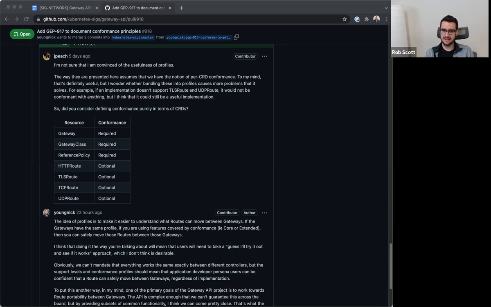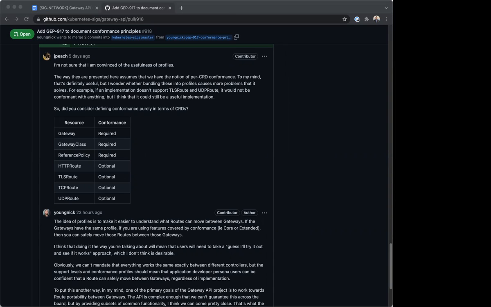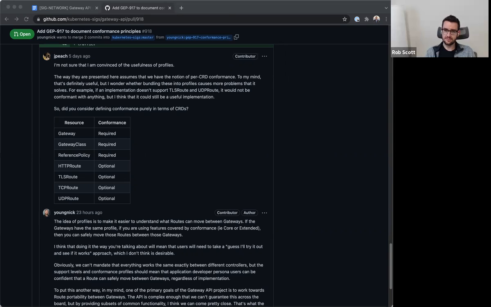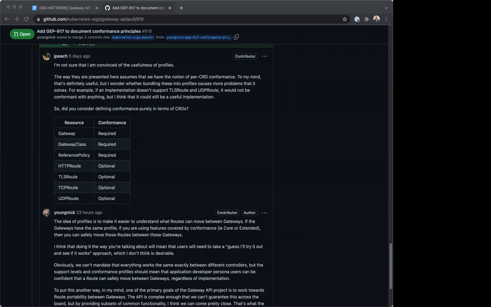Yeah, I think to me, if you start breaking it down into what is in a particular conformance profile, what is that going to be? You start to get into the issue of, what if there's some aspect of it I don't want to support, but I'm 90% there?